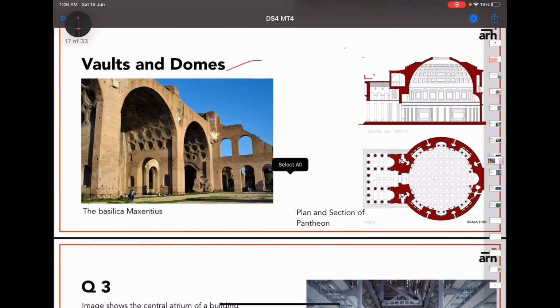So you see, this is called a vault, or a barrel vault, and this can be found in Basilica of Maxentius. And this is the plan of Pantheon. And I figured that if they can ask you questions on plan, they can also ask you questions based on sections. So this is the plan of Pantheon, and this is the section. You can see the hemispherical mound. You can see the complete sphere like this. It is cut in half, exactly cut in half. So this is how the geometry was also used there.